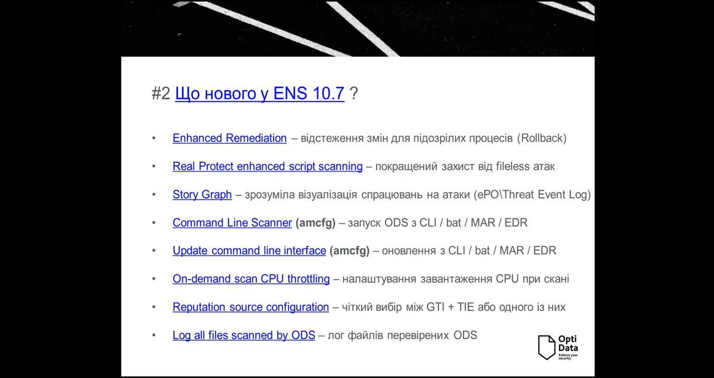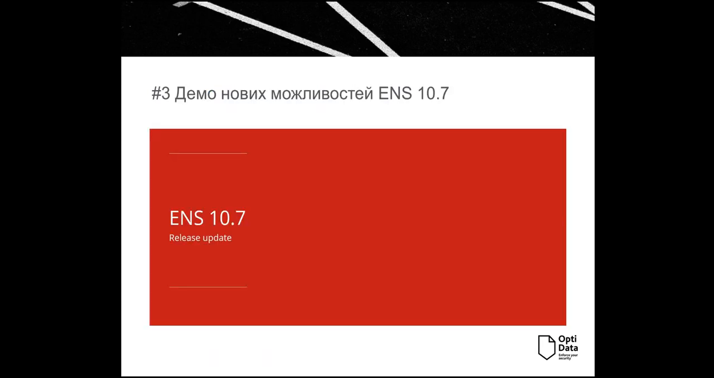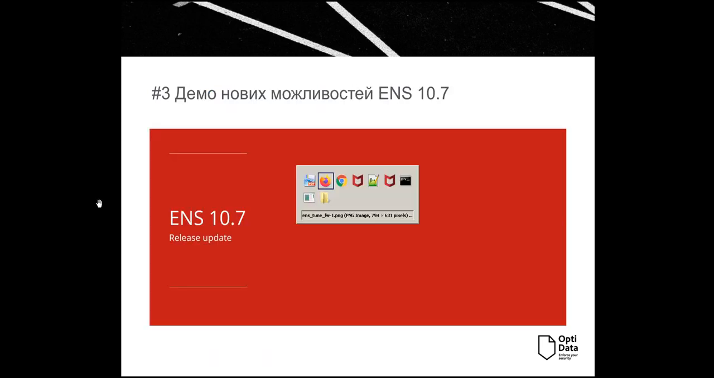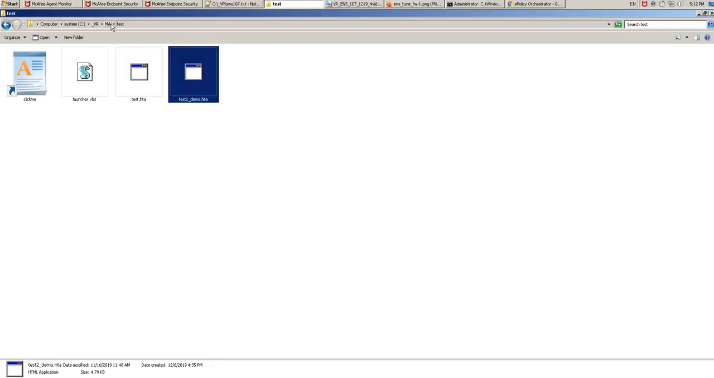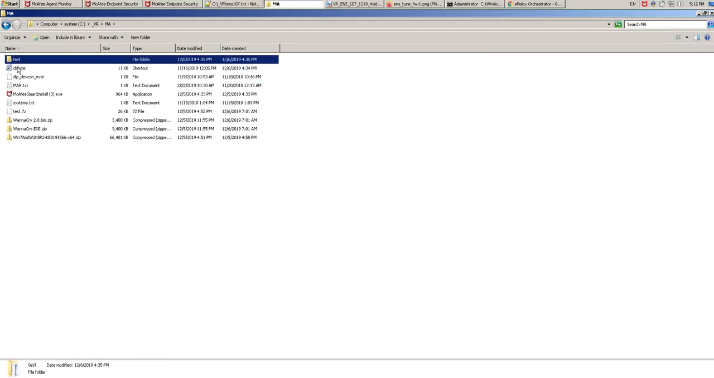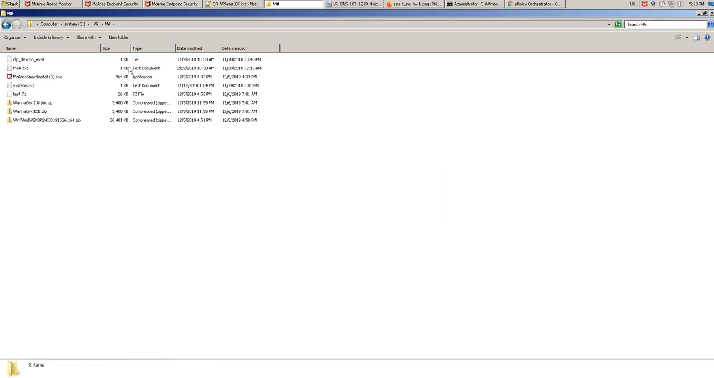And last but not least, we have the possibility to log all files which were scanned during ODS. It's nice. So let me show you these new features. And from the beginning, I would like to show you